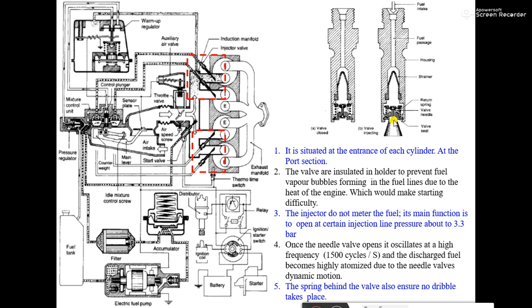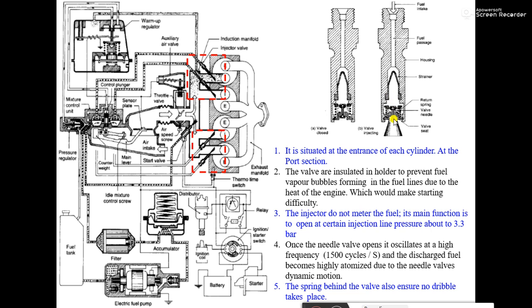Atomized means what is the meaning of atomization? शायद आपने कार्बोरेटर जब पढ़ा होगा that time we have gone through that thing. Atomization means breaking of the bulk quantity of fuel into fine particles. जैसे आप बार बार शॉप में जो स्प्रिंकलर रहता है, that sprinkler atomizes the water droplets and it just creates a fog of water, okay, जो सलून में बार बार स्प्रिंकलिंग करते हैं. So that is nothing but the atomization. जो ड्रिबलिंग का एक्शन हो रहा है इस वॉल का, और due to the pressure difference below and above of this valve, it creates